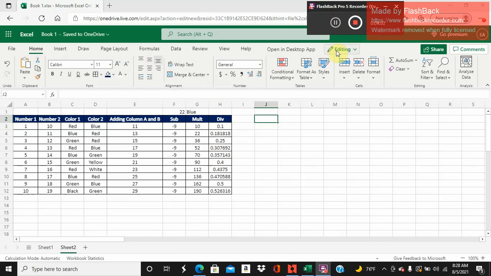Next, we're going to go over VLOOKUP. VLOOKUP basically looks at a table, compares it to the value you want, and then brings back what it says in the table that you would like. For example,